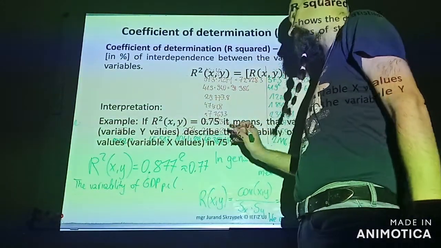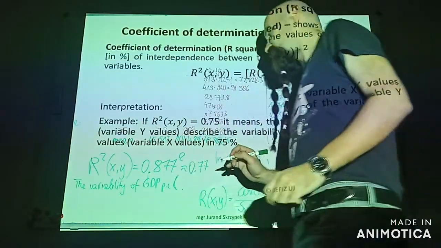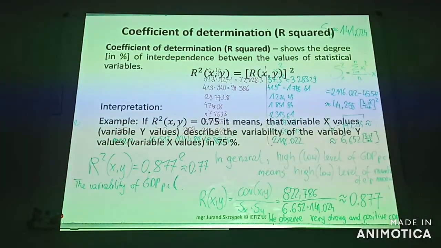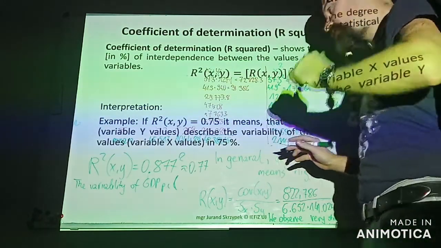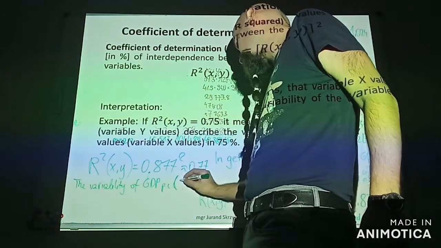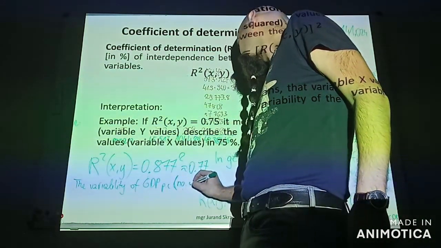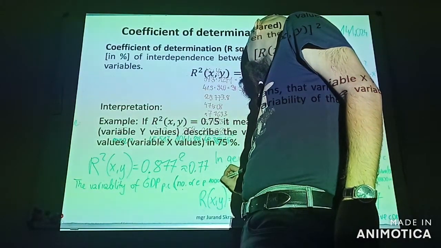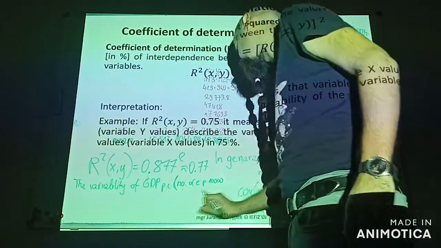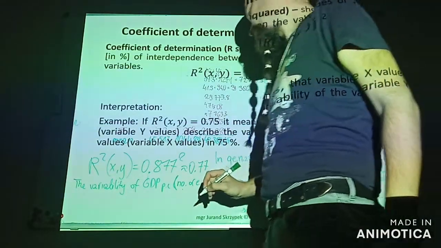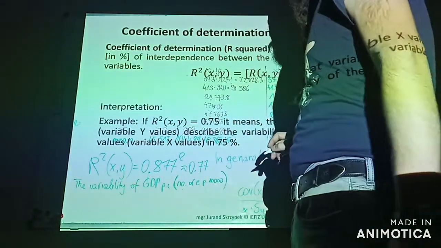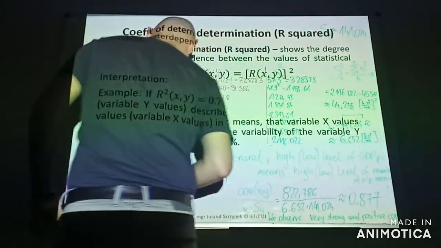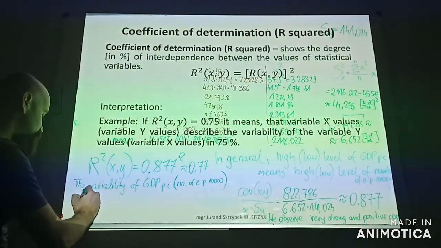We don't do that. Yeah, so we can say it in both versions: the variability of GDP per capita, or number of enterprises per 10,000 inhabitants,